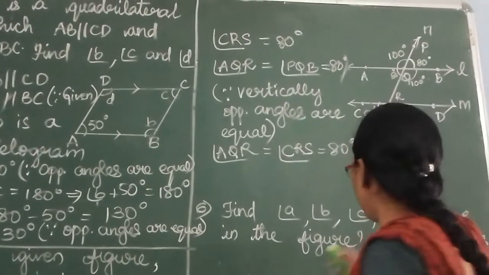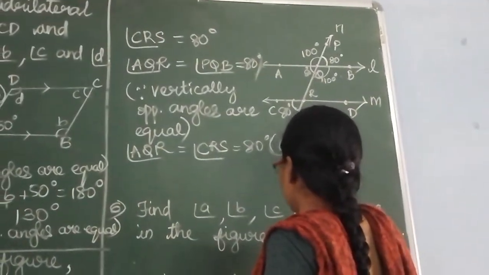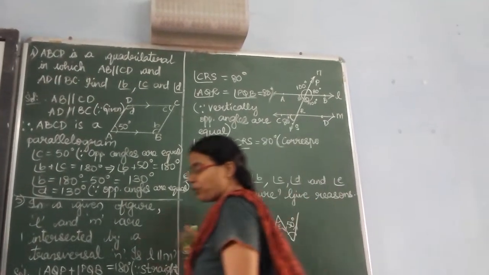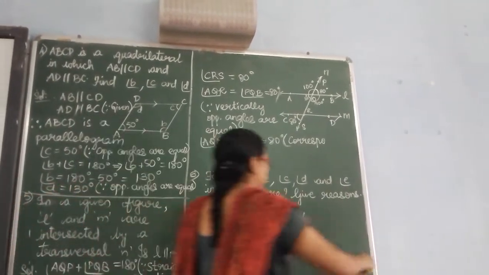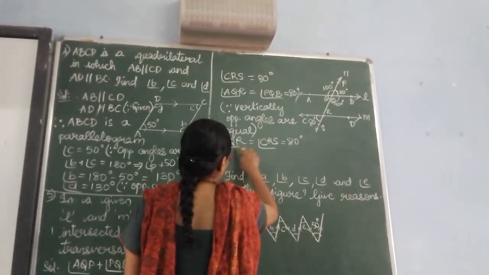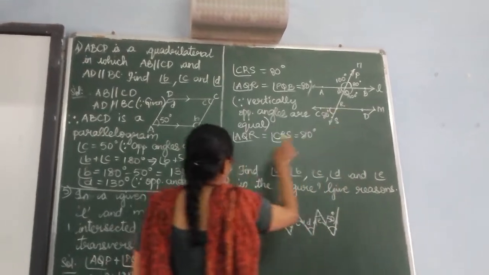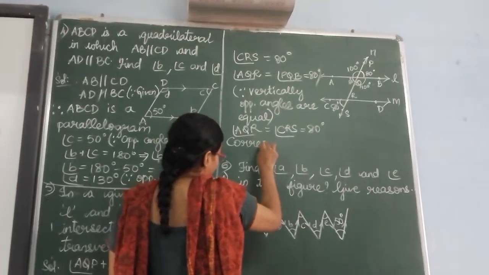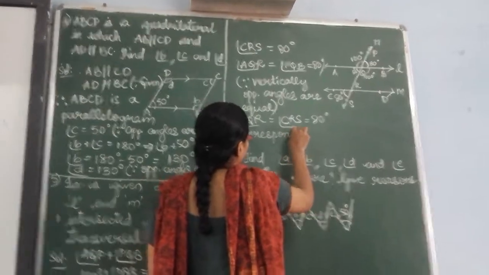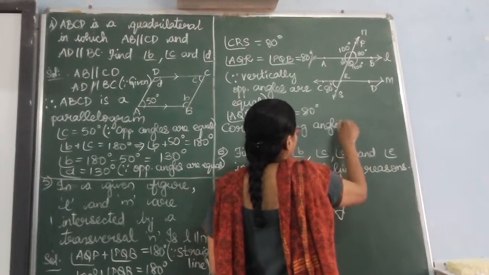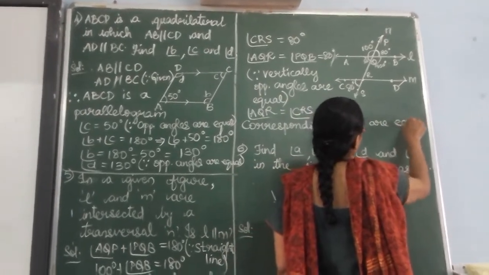You can see that they are corresponding angles. Let me change the way I write. We saw that this and this are 80 degrees. Both of them are corresponding angles. Since corresponding angles are equal,